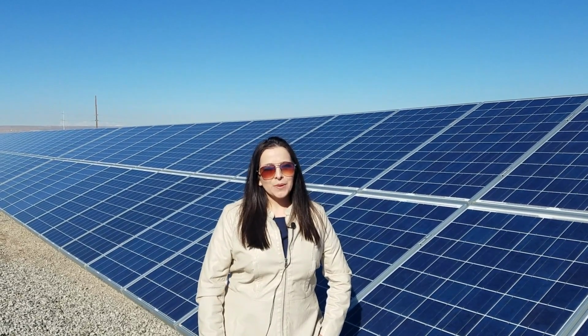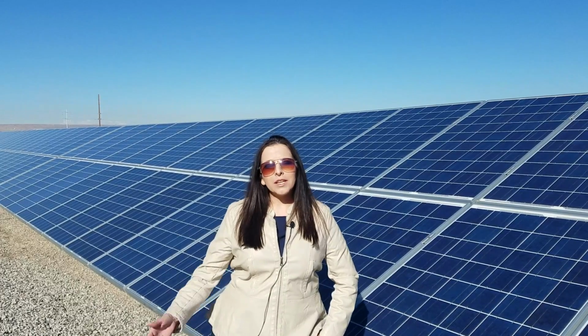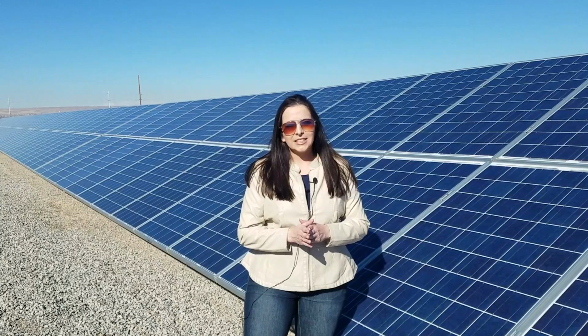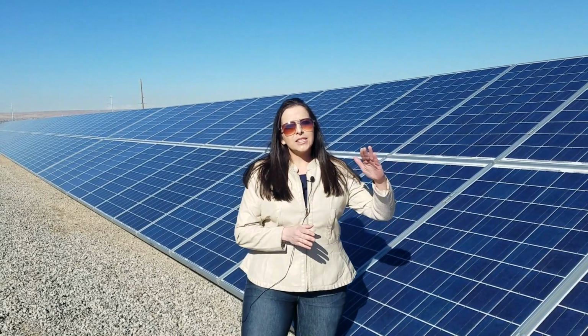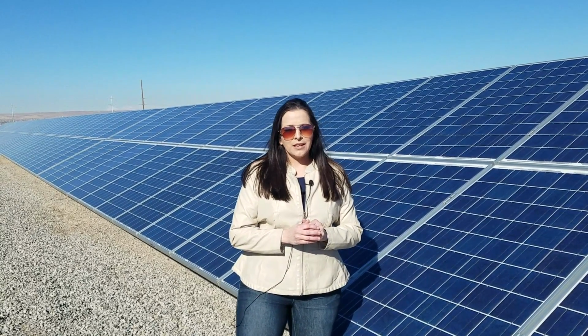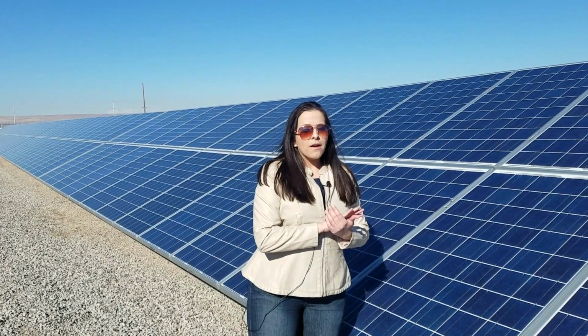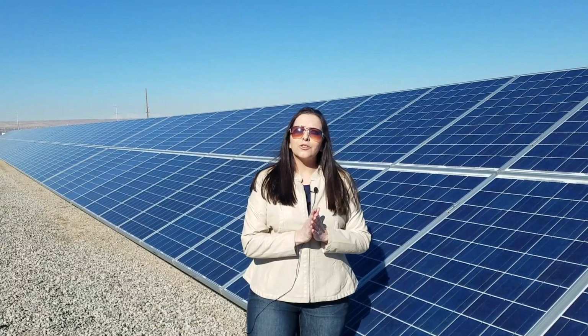We're here today giving you another behind-the-scenes look at one of our solar panel facilities. The name of the solar facility that we're at today is called Prosperity. It's just south of the airport here in Albuquerque. Would you believe that this entire facility is sitting on about 5 acres of land and has over